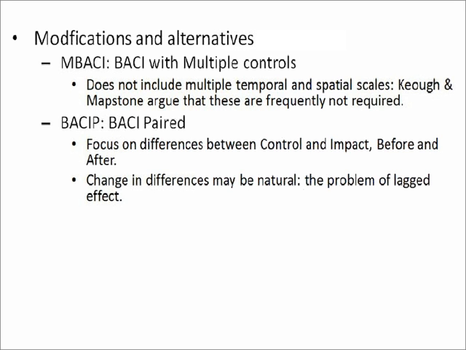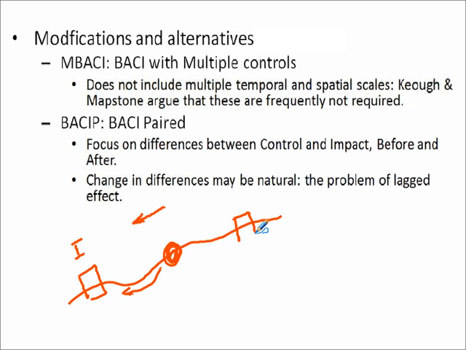A second type of design that's commonly used, particularly for stream and river communities, is the BACI or BACI paired design. And the pairing comes in here because there are paired sampling sites or paired locations. So if we take a river, of course it flows downstream, and if our impact location is here, any impacts are going to be felt primarily downstream. So we can set up an impact location down there and a control location up there. And we can do this on the impact stream and on a